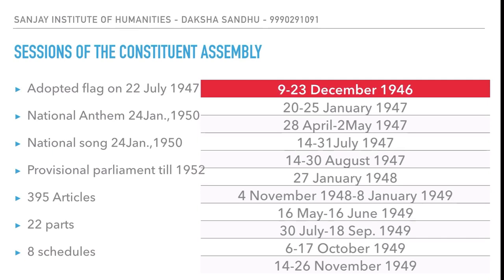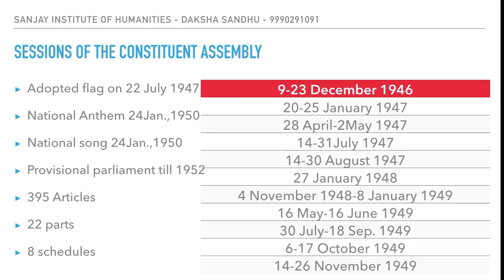The Drafting Committee prepared the first draft of the constitution after taking into account the proposals of the various committees. It was published on... mark the date. The Drafting Committee published its draft on 21st February 1948. So the draft constitution for the very first time was published on 21st February 1948, and it contained